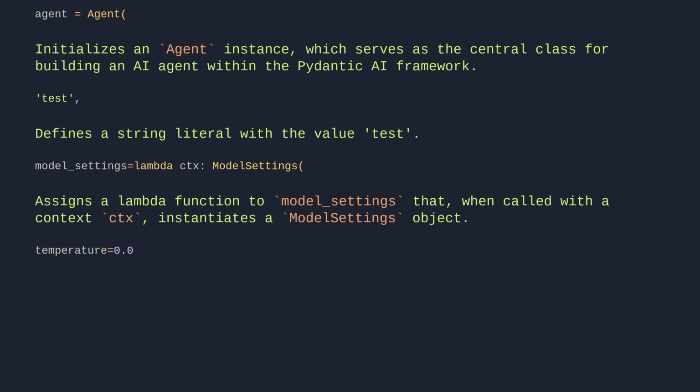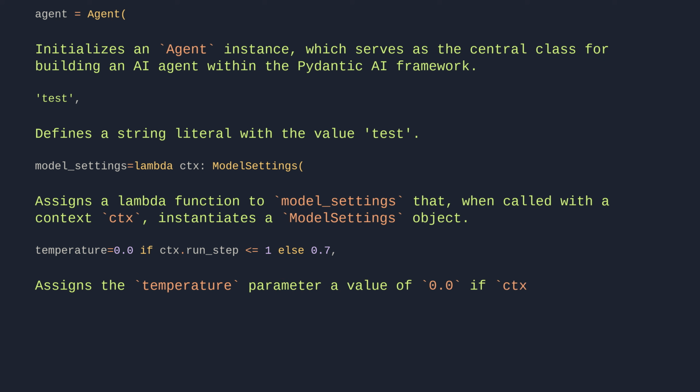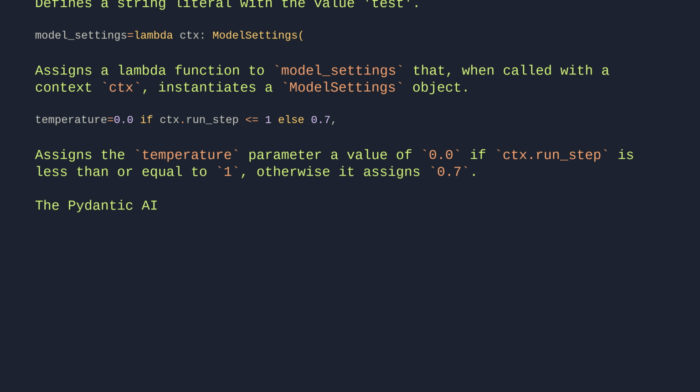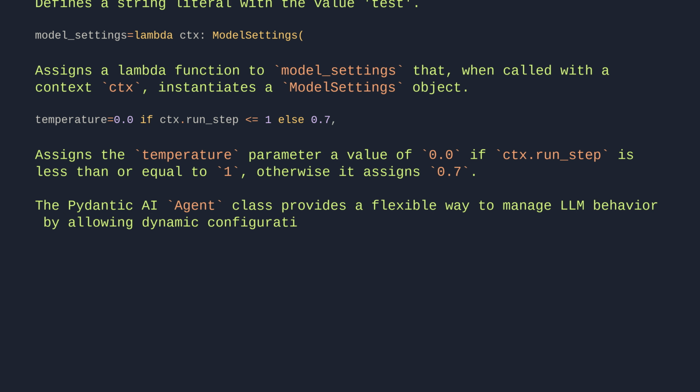temperature=0.0 if ctx.run_step <= 1 else 0.7. Assigns the temperature parameter a value of 0 if ctx.run_step is less than or equal to 1, otherwise it assigns 0.7. The Pydantic AI Agent class provides a flexible way to manage LLM behavior by allowing dynamic configuration of model